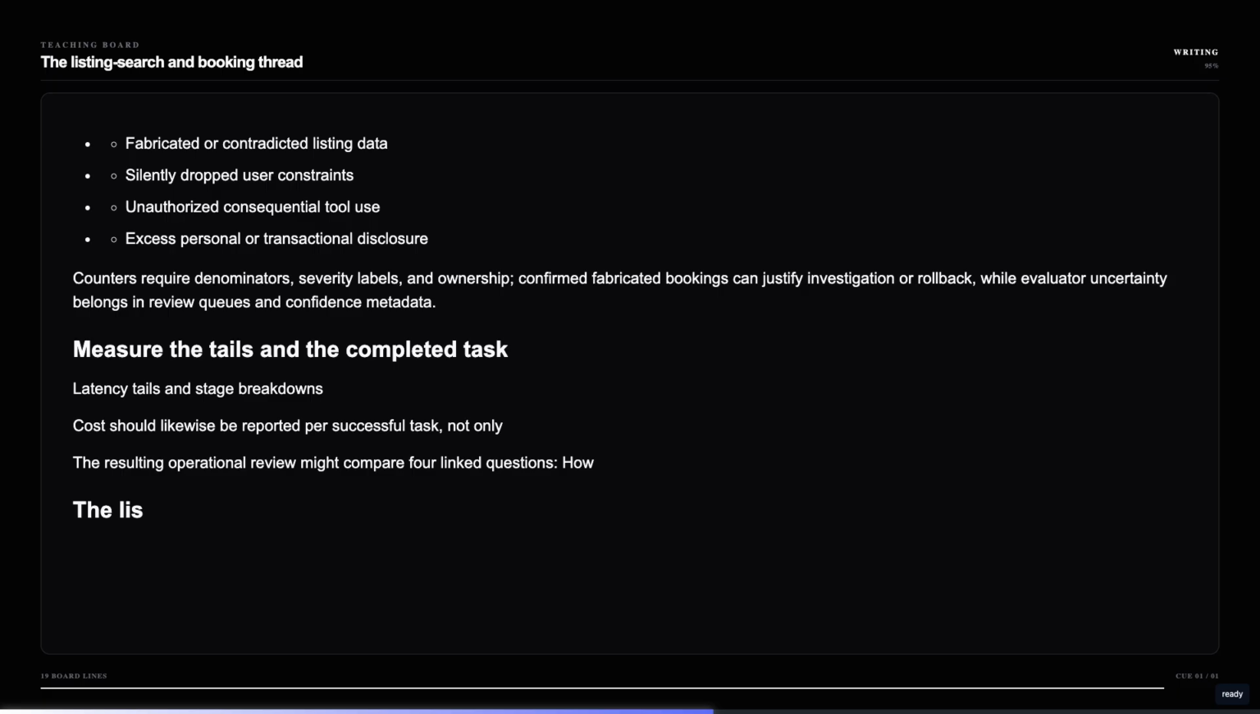The listing search and booking thread. Suppose a prompt change improves constraint preservation scores in offline tests, but adds a verification step before showing booking details. Listing search may improve while booking latency rises and completion falls for users who abandon the page. The correct response is not to optimize the quality score independently. Inspect the joint evidence. Eligible task counts, successful task counts, P95 or P99 latency, availability, cost per successful task, and